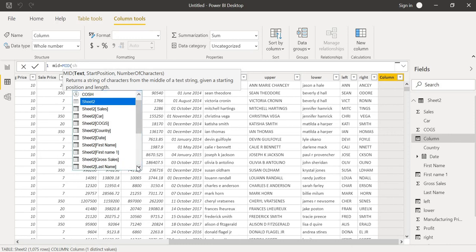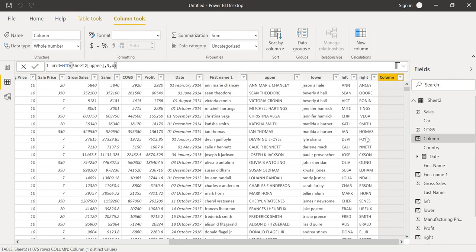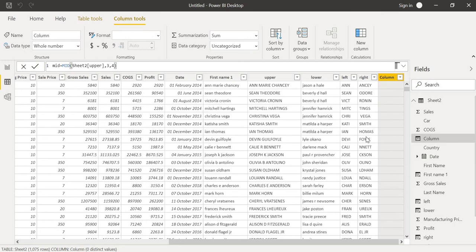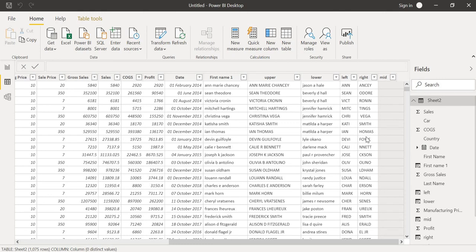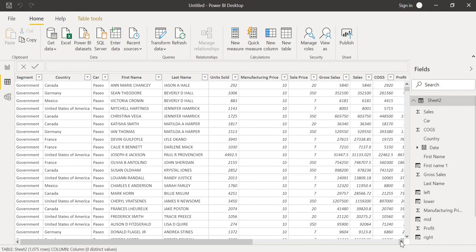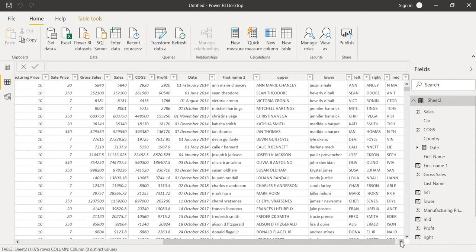Here I'm selecting uppercase. I want the 3rd and 4th characters.